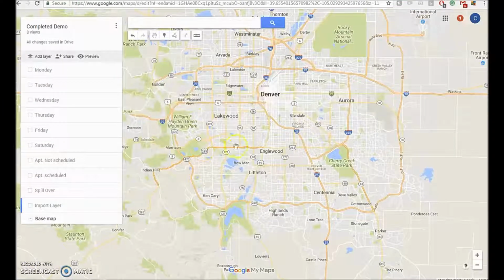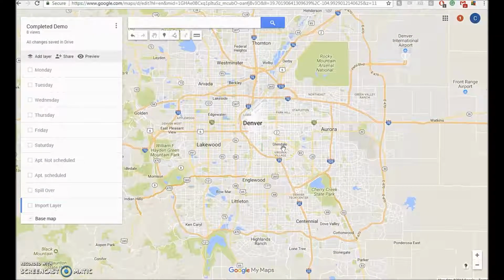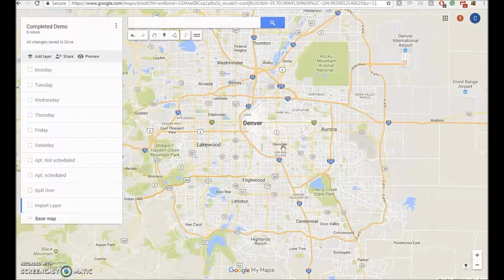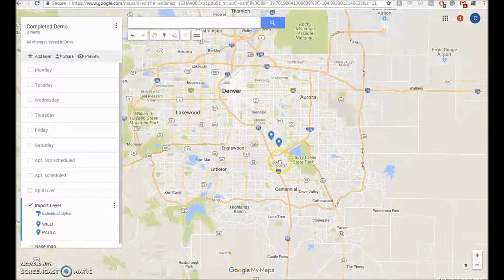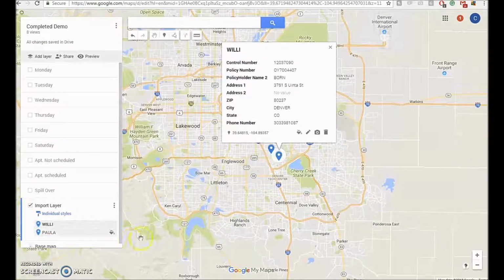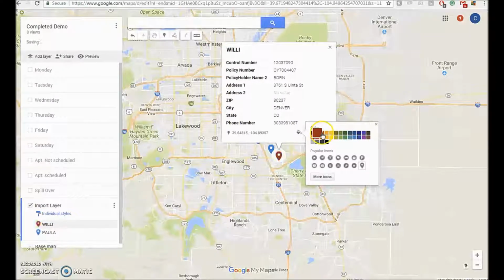And the last thing I want to talk about is priority casework. Say you get a couple of cases in our region, State Farm, that are very priority casework. They need to be completed within 3 to 5 days. Those come in the middle of the week. I've imported 2 cases that would be State Farm cases. They came in on a Wednesday or something like that. I'm going to immediately change those to red,